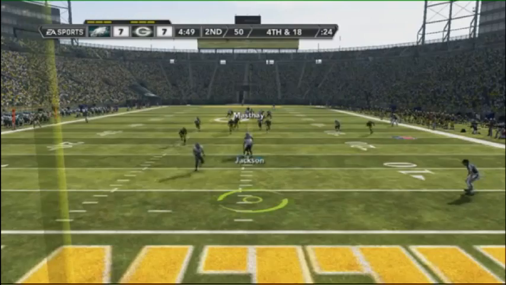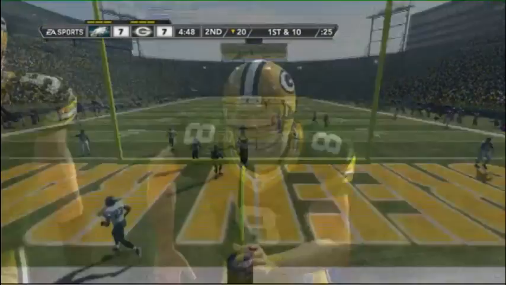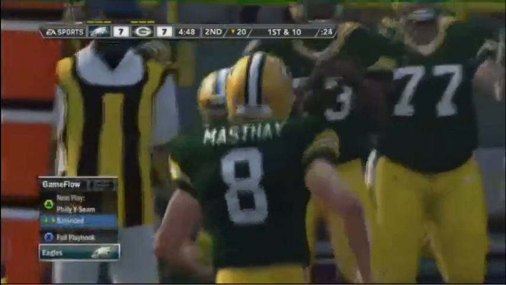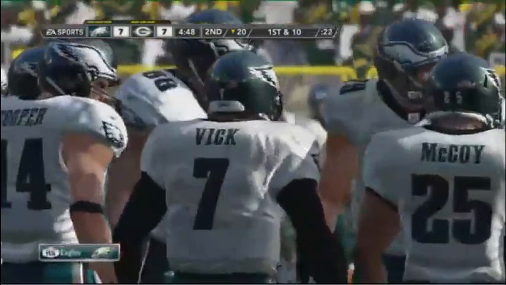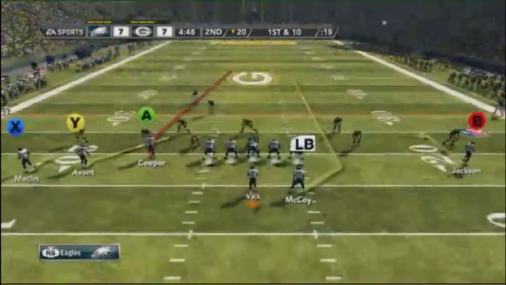A lot of them are dynamic. As you're playing the game, as you start to sack Eli Manning, he's going to get a little more crazy in the pocket. He's going to have happy feet. He's not going to be able to find his targets quite so much, and he's going to take more sacks as a result. It's a great way to make the gameplay more dynamic, as well as model the players to play more like themselves.